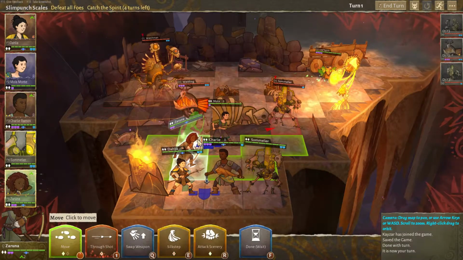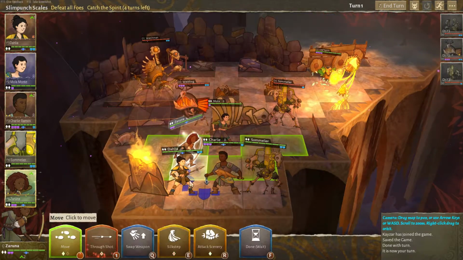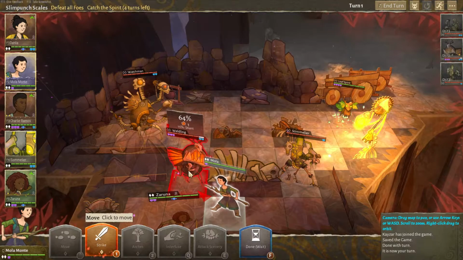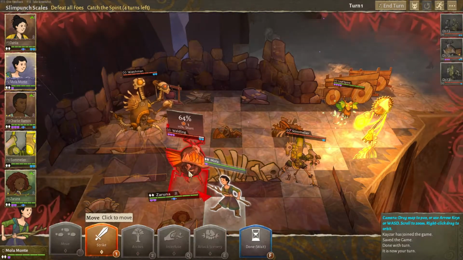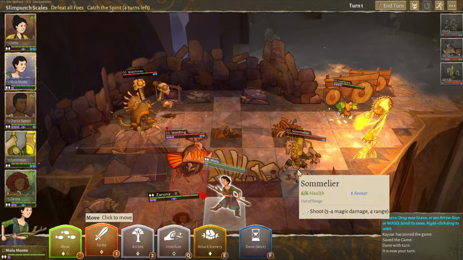So, let's take a look at what we're looking at here. So. What are you? What are you? There's the Watchman. So, crossbow, slam. You are...